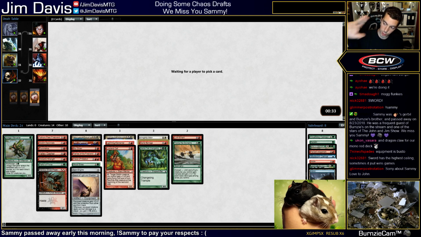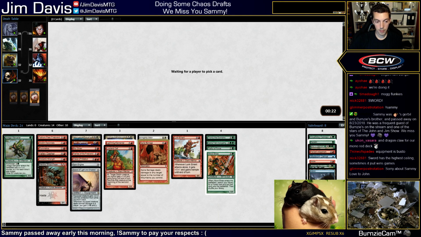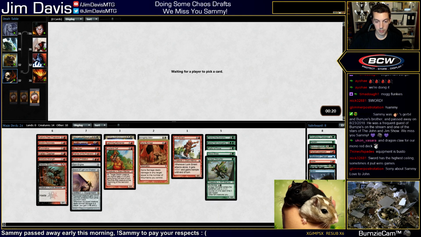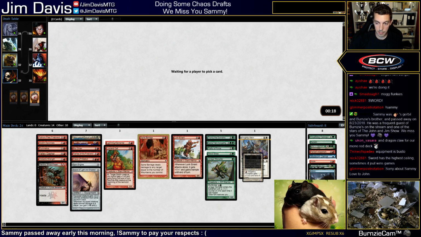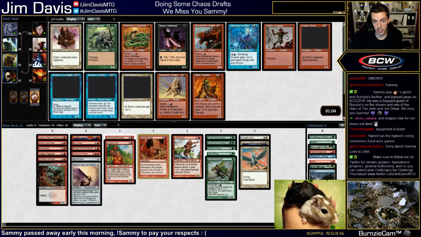Thanks, Slimmer. Appreciate it. John is very sad. John's like very, very sad. I feel very bad for him. Like, I'm sad, but, you know, I'll get over it. But seeing John super sad is like...